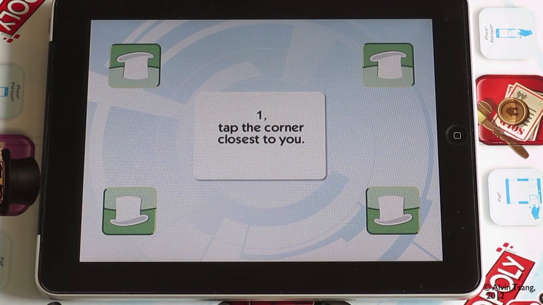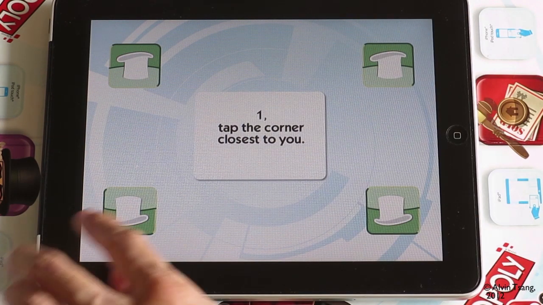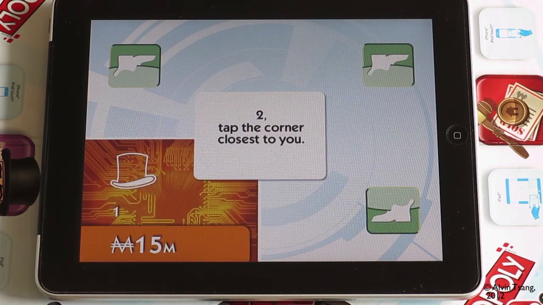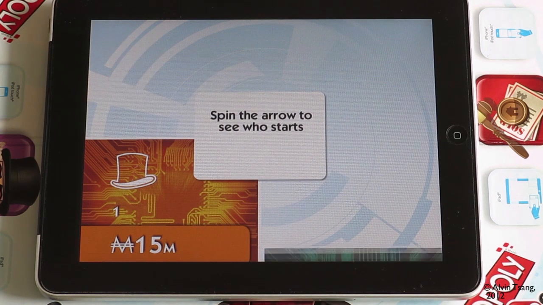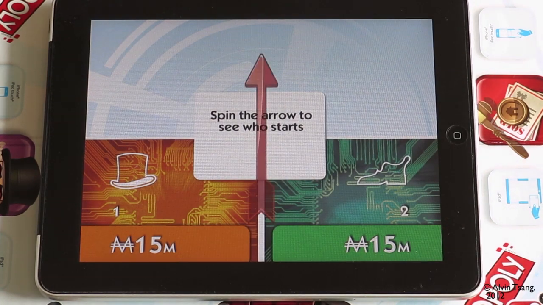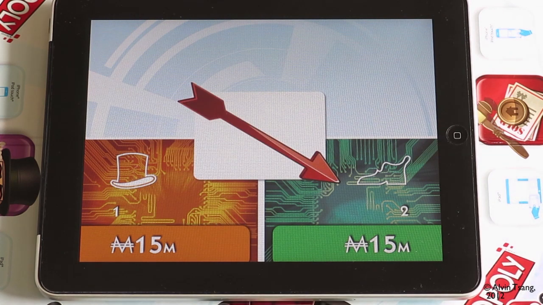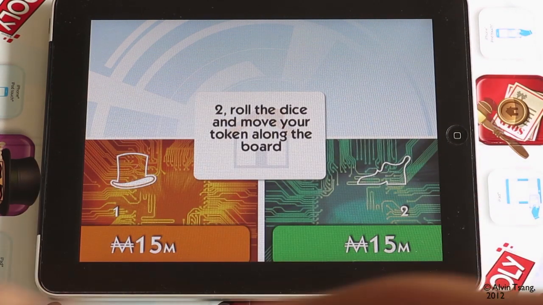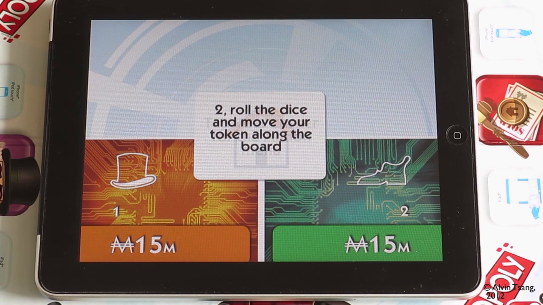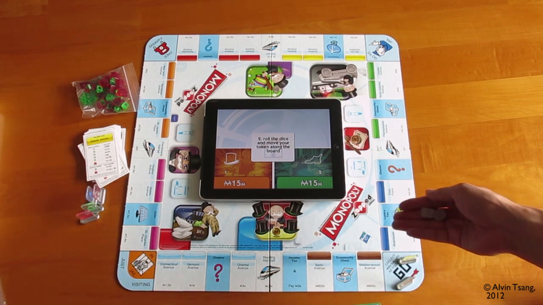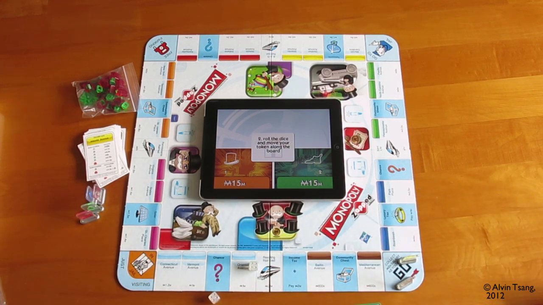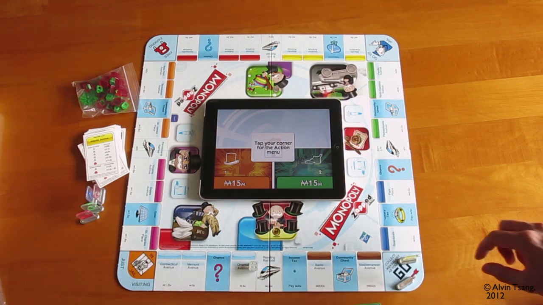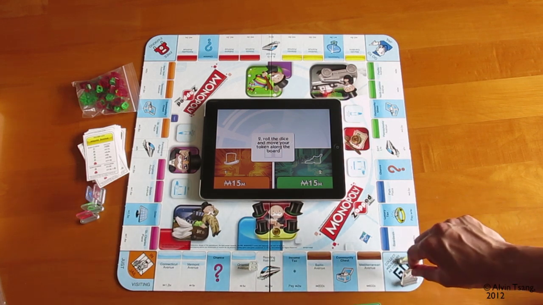Now ask Player 1 to tap the corner closest to you. So just say Player 1 is sitting at the left corner here, and Player 2 is sitting here. Then it says spin the arrow to see who starts. Player 2. So Player 2 rolls the dice, and that gives me 5. So Player 2 goes forward from Go 5 spaces